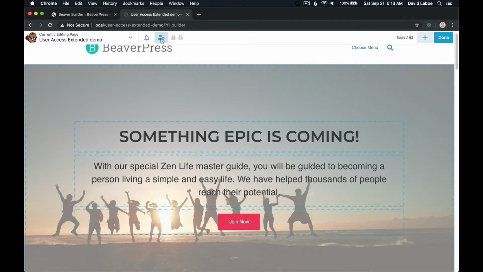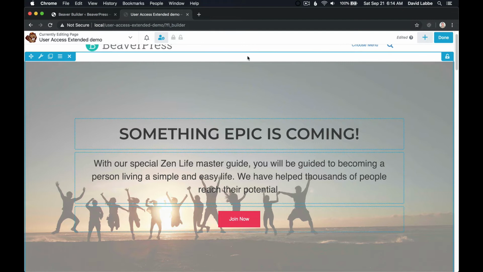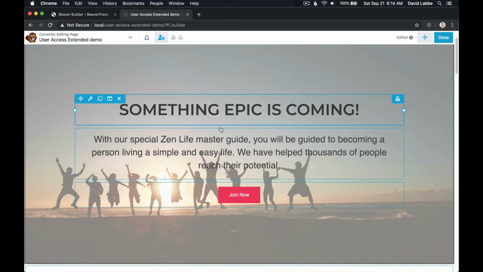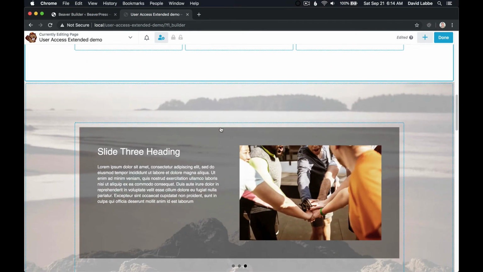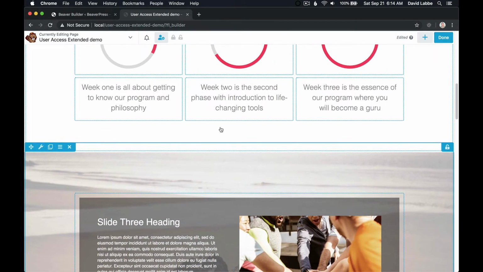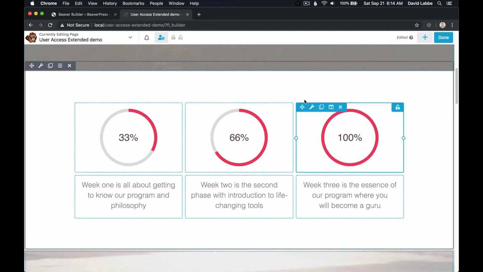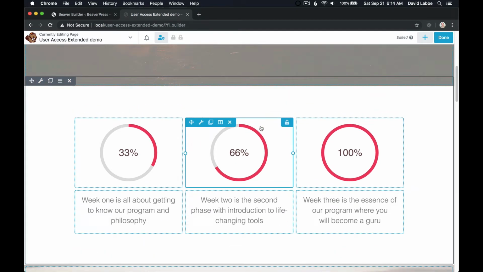You just simply click it. It will turn blue, indicating that it's active. There will be a lock icon and an unlock icon appear next to it, and I'll tell you what those are in a moment. For the rest of the page, you can see that all the rows and modules will now have this dotted outline around it. In this case, it's a blue dotted outline, and that is a visual indication to you that all these elements are not restricted from your client,